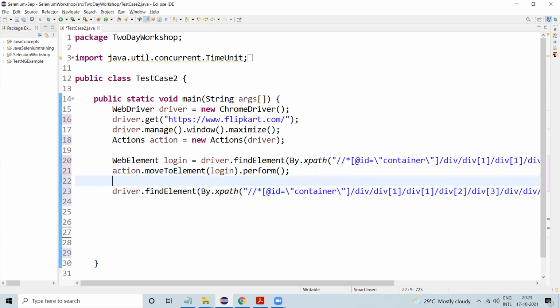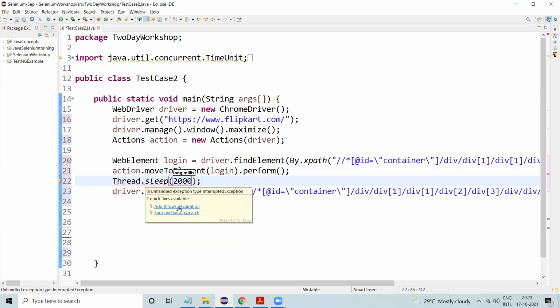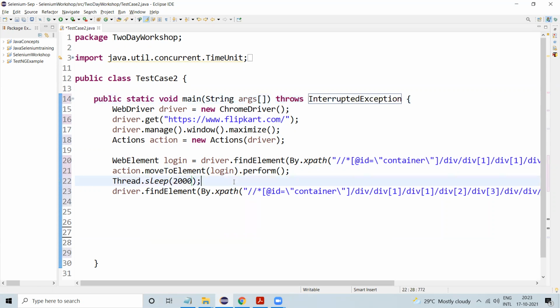Before move to element, the submenu should load, so for that we'll give some halt time: Thread dot sleep. I will give some time over here. I'll run this. So for Flipkart we added this, finding the element, moving to the element and clicking on the gift card.